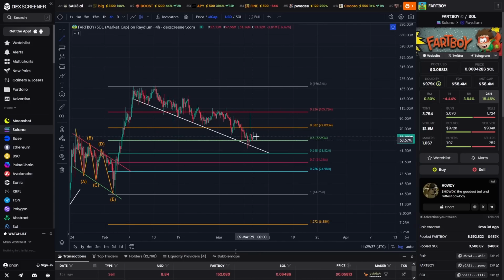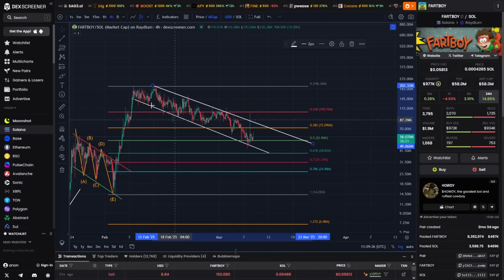Yesterday was a massive volatility spike. Look at that, a huge wick that tried to break out, couldn't quite break out, got a bit of a sell-off, and right now it looks as though we're trying to form some kind of bottom here on the 0.5 fib. Now my primary at the moment is the fact that for this particular chart right now,